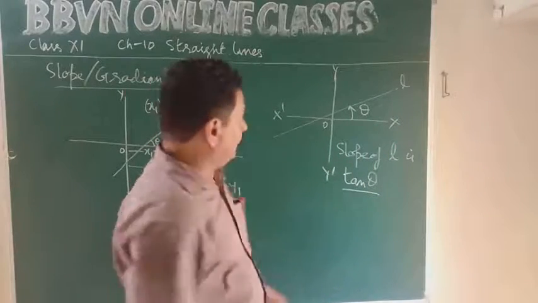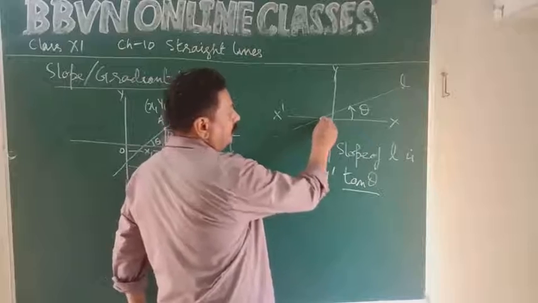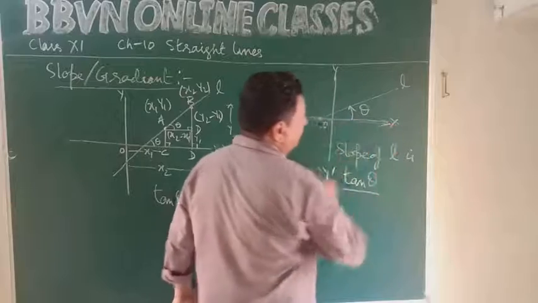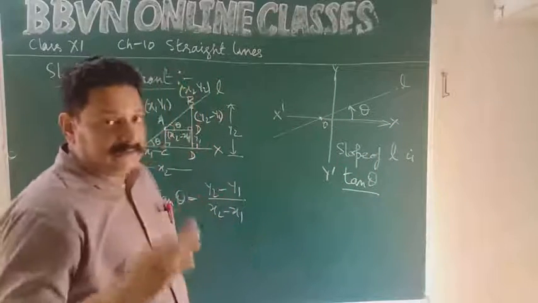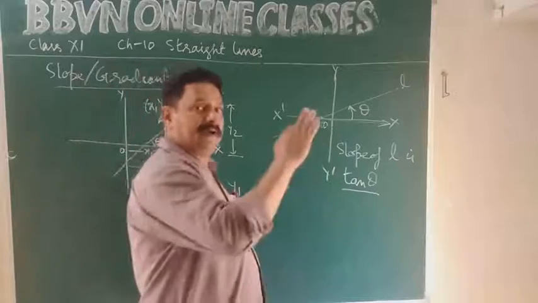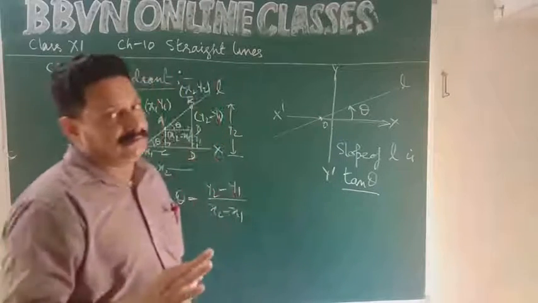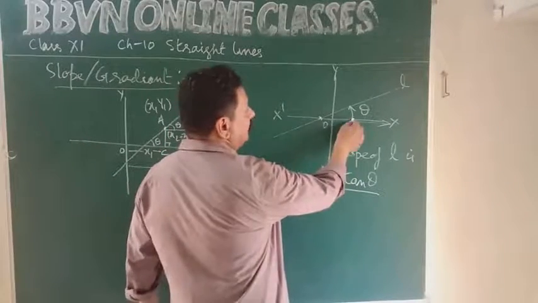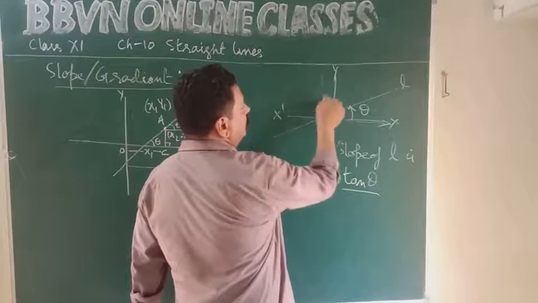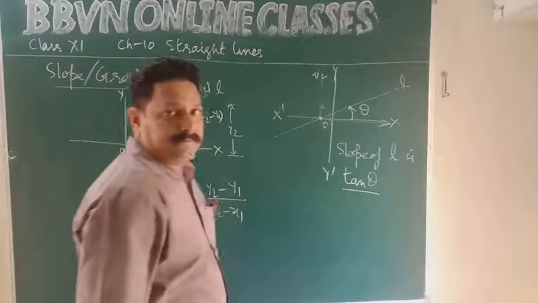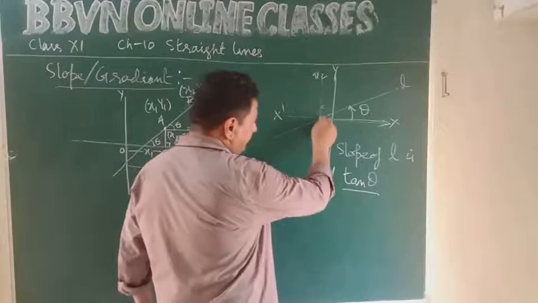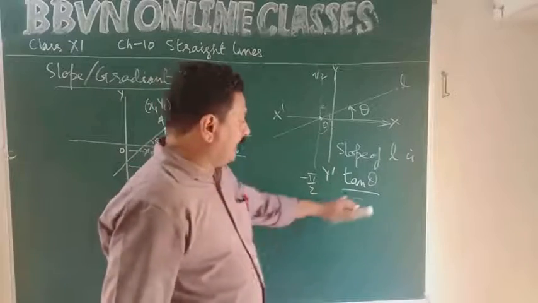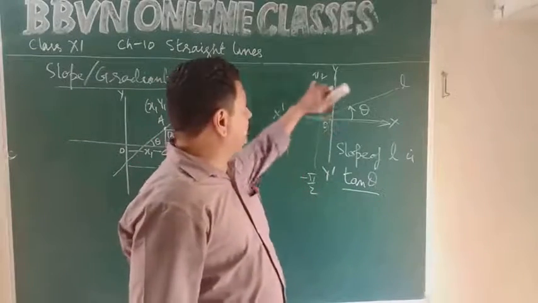OX and the line. So don't say, sir, this line is intersecting the negative x-axis, no problem. But from this point, this is the positive direction of x-axis. Okay, so angle between positive direction of x-axis and the line L, that angle is considered as theta. Now most important thing, this theta at the most can go to pi by 2, that is 90 degrees, or it may come in anti-clockwise direction here minus pi by 2. So theta always ranges from minus pi by 2 to plus pi by 2.